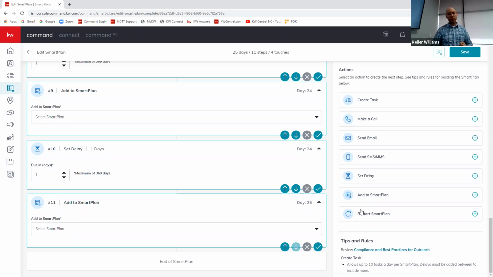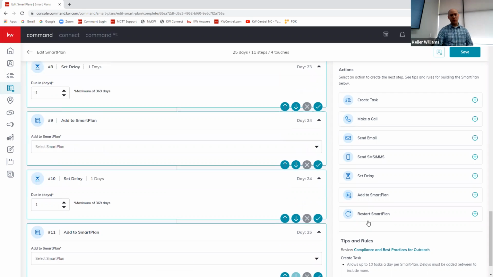So you have this welcome smart plan that reaches out to other ones that keep repeating, all in a proper way so that you're not overwhelming this person with a bunch of emails and stuff. It takes a little thought. But if you can structure it that way, you have this one welcome smart plan that automatically puts people in other smart plans. So another reason that's cool is if you make this welcome smart plan and it has a contact trigger that says,